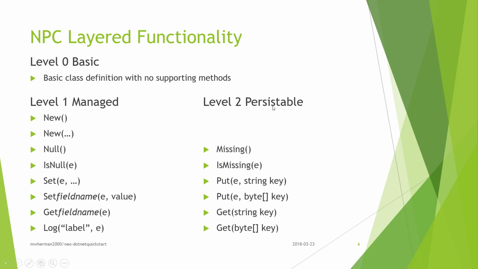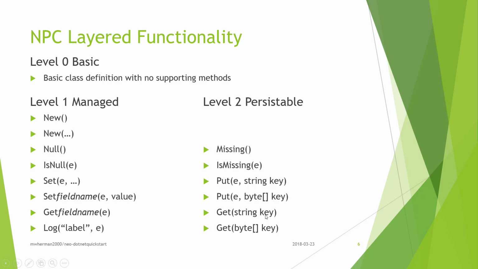Similarly, level 2 persistable adds these following 6 methods. When you go to retrieve an entity from the NEO storage, you use get, and it supports the 2 classic data types, strings and keys. You also have the ability to put an entity, and you provide the key. So very easy to use, and it knows behind the scenes how to serialize all the fields and put them